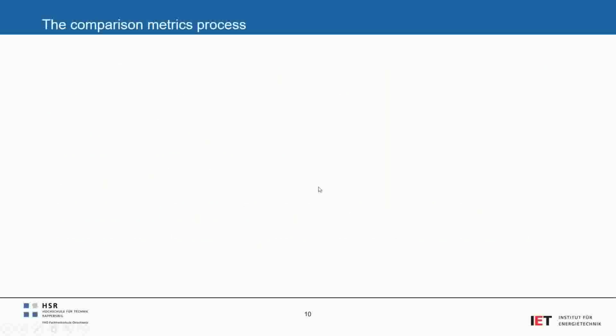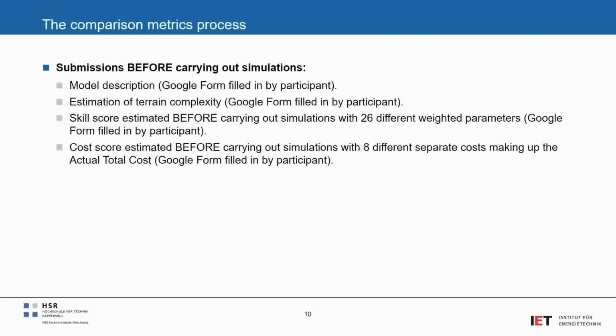Just to tell you a little bit more about these comparison metrics, so you can imagine what I'm talking about. Imagine you sign up for the challenge. Before you even carry out your simulations, you have to tell us lots of information. You have to tell us what the model set description is, and there's a Google form which allows you to enter the grid size or the boundary conditions and everything. There's also an estimation of terrain complexity. There are some simplified questions which you're supposed to answer,